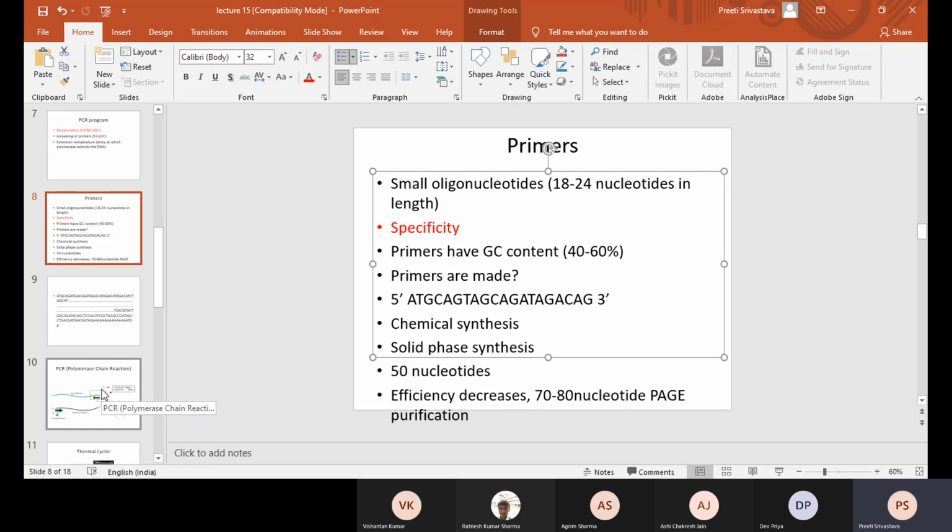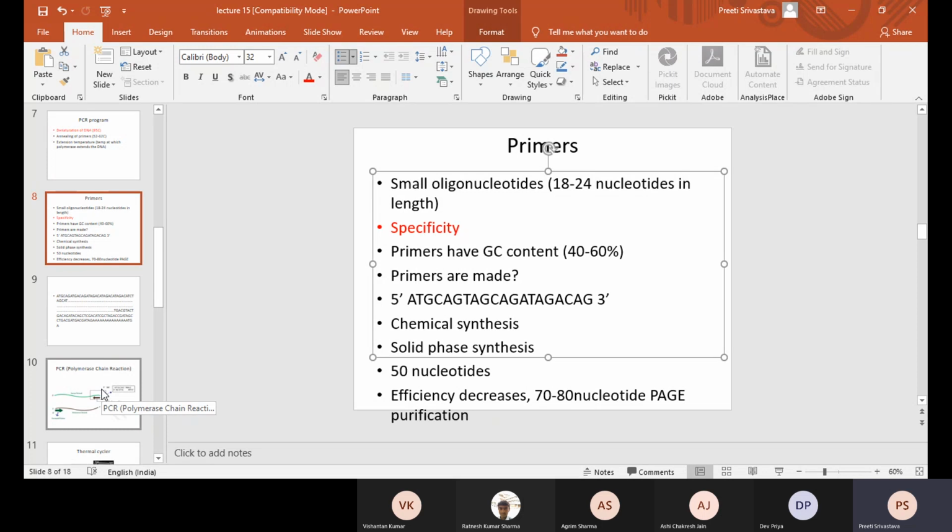So these are chemically synthesized, and usually people outsource this. For example, there are companies like Sigma, Eurofins, GCC. You just email them the primer and they will carry out the synthesis for you. The way it works is that the synthesis is carried out on a solid support, silica beads, and onto the silica beads they synthesize these oligonucleotides. They have 4 bottles containing A, T, G and C, and whatever nucleotide you want to add is programmed, and from that bottle the dATP will be added, then likewise dTTP, and so on.